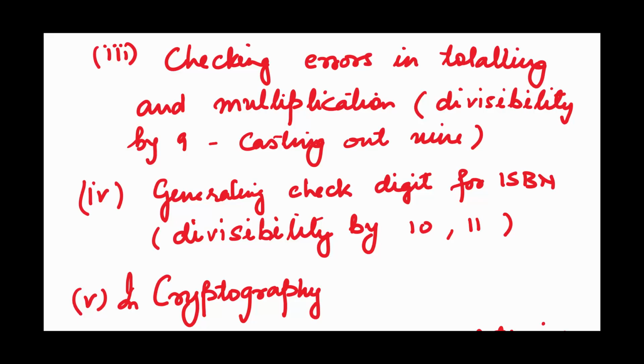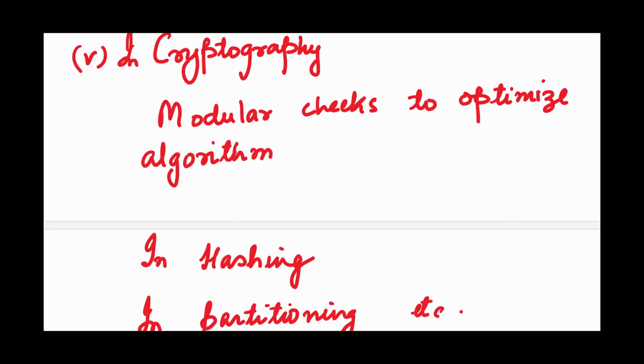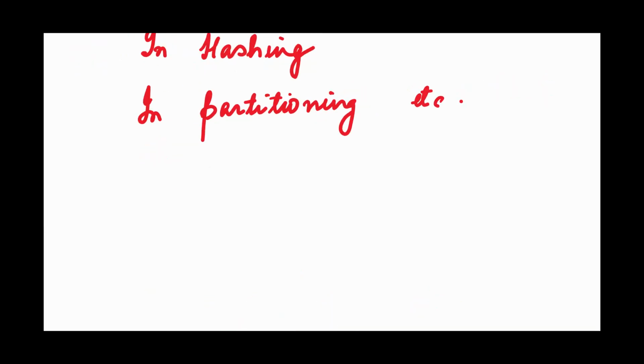You can say, in other words, casting out 9. Generating check digits for ISBN, we do divisibility by 10, 11. In cryptography, modular checks to optimize algorithm, in hashing, in partitioning, etc. Divisibility plays a very important role in number theory. You can say it's the backbone, and for divisibility, these tests come